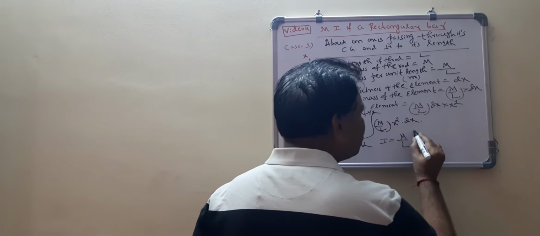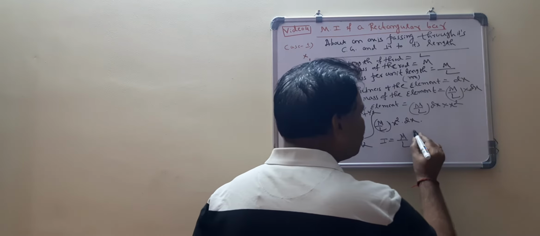Two terms are there. Then I equals m divided by 3L into 2 into L cube by 8. Now we know that this part and this get cancelled. Here 2 ones are 2, 2 fours are 8, then 3 fours are 12. Then what is left? I equals, can I write m L cube divided by, no, not L cube, one L gets cancelled. What is left here? mL square divided by